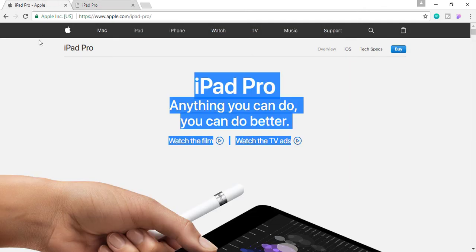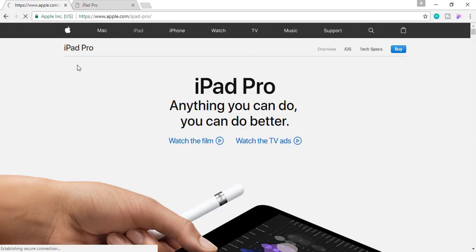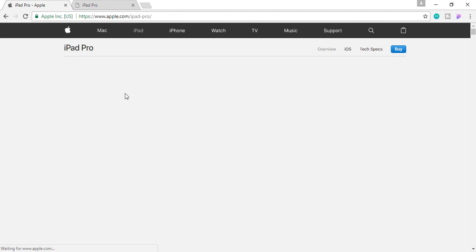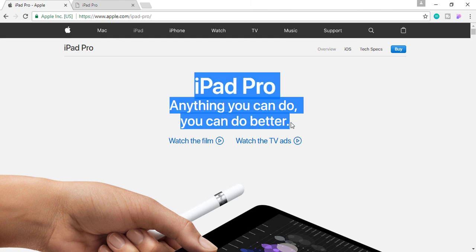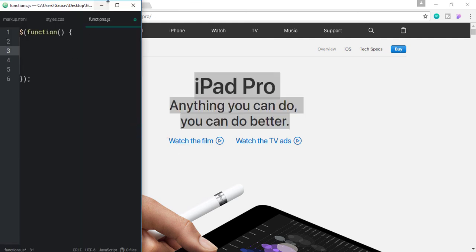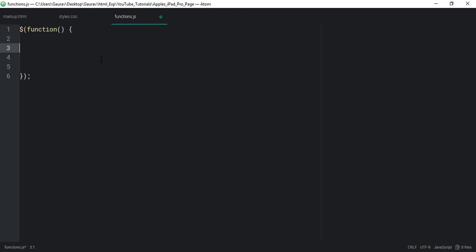To achieve this effect, we need to use the set timeout function. So when a certain period of time passes, we are going to add that class back to these elements. Okay, so let's use a set timeout function.